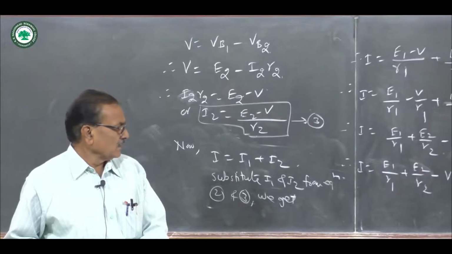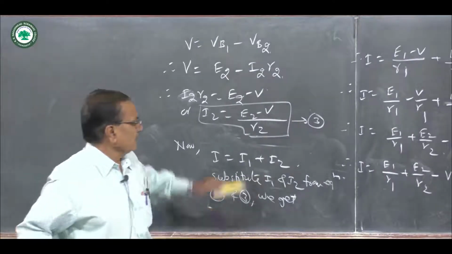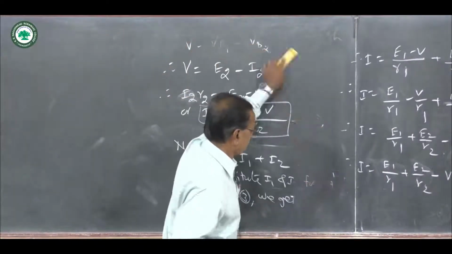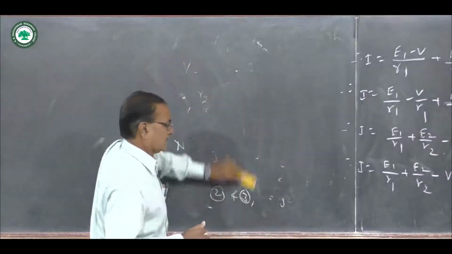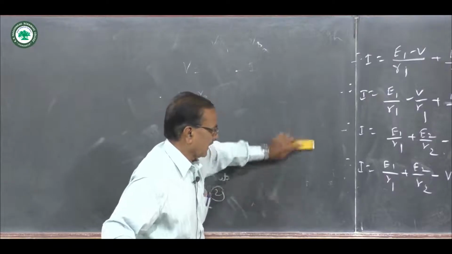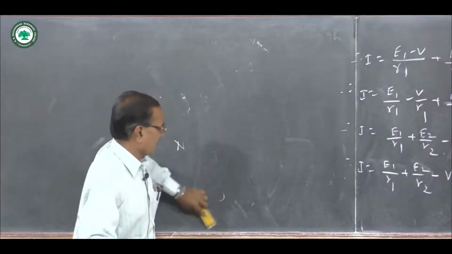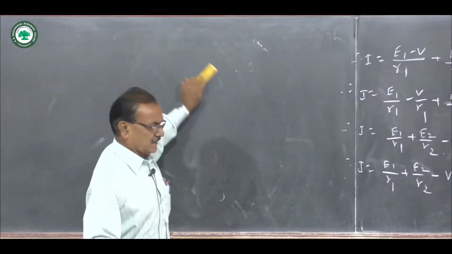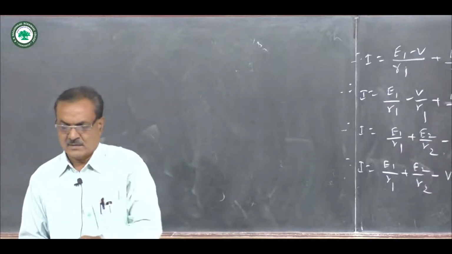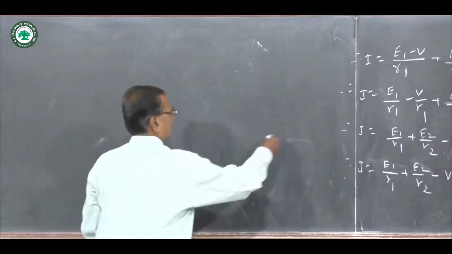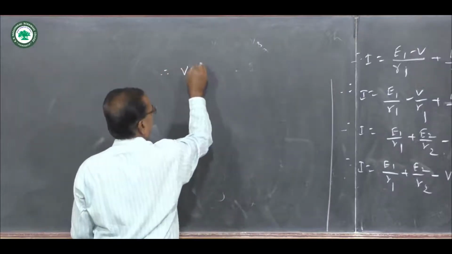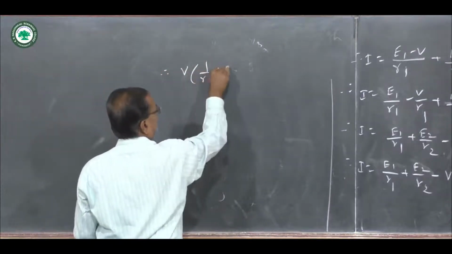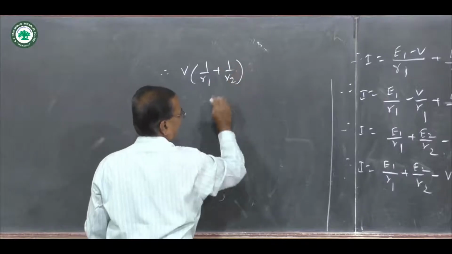Now here we can arrange the terms, that is minus potential in bracket 1 by R1 plus 1 by R2. Taking it to the other side, it becomes positive, so therefore we can write V in bracket 1 by R1 plus 1 by R2